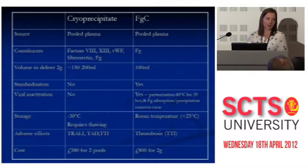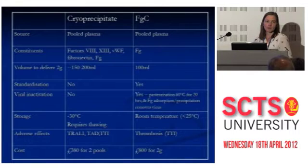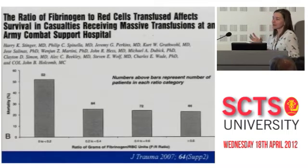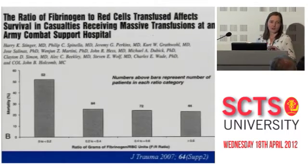Fibrinogen concentrate is £800 for 2 grams of fibrinogen. The cryoprecipitate in 2 pools generally provides somewhere between 3 and 6 grams. One of the first studies, and some of what I talk about will be trauma because that's what I'm most familiar with, one of the first studies that looked to see whether fibrinogen was important in patients when they were undergoing treatment for major blood loss was published